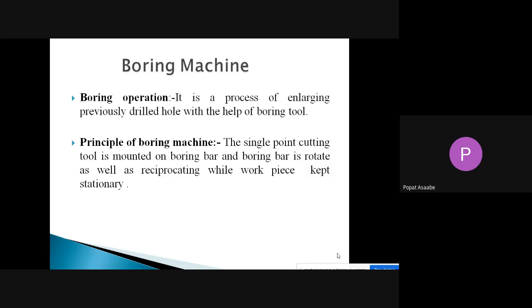In that we saw the portable type of drilling machine, the pillar type, and the radial type of drilling machine, and we also studied their construction and working. Then we studied which types of operations we can perform on drilling machines. Each and every operation I explained in the last lecture. Now the agenda of today's lecture is that we are going to start